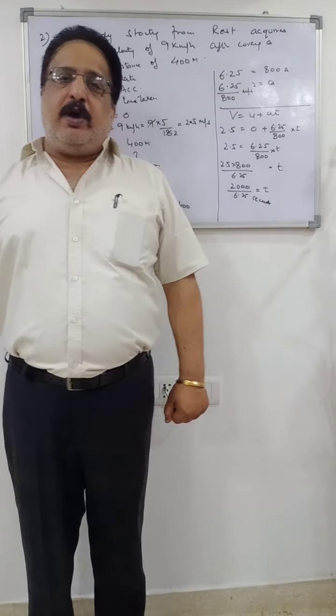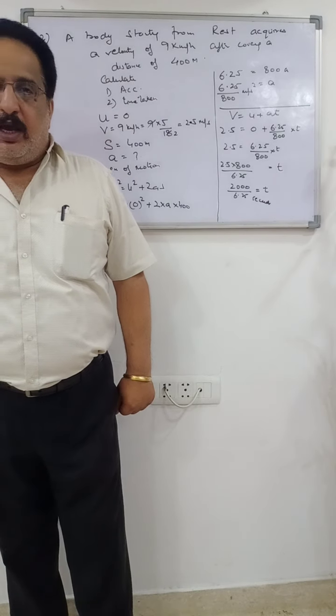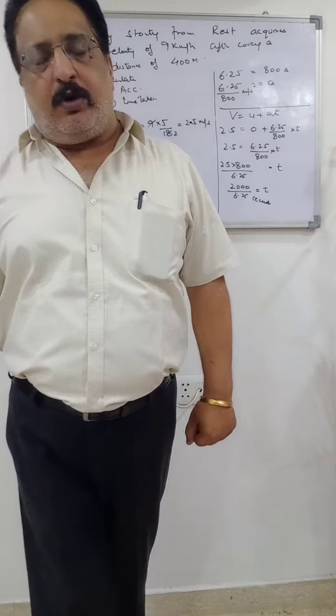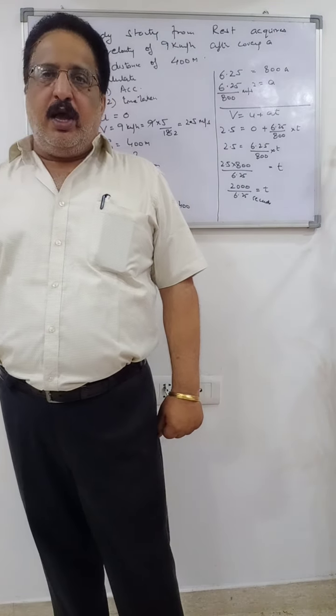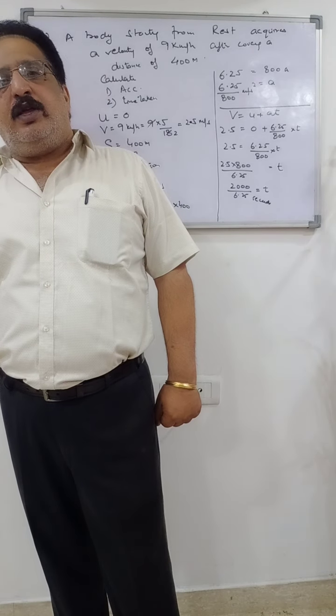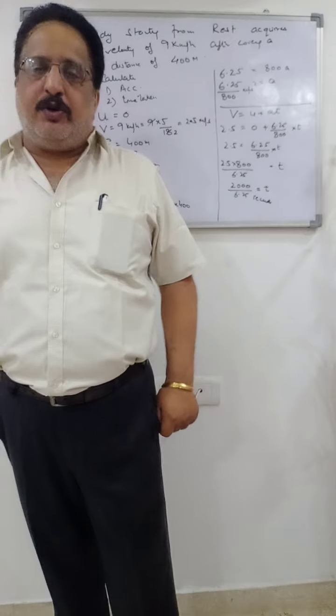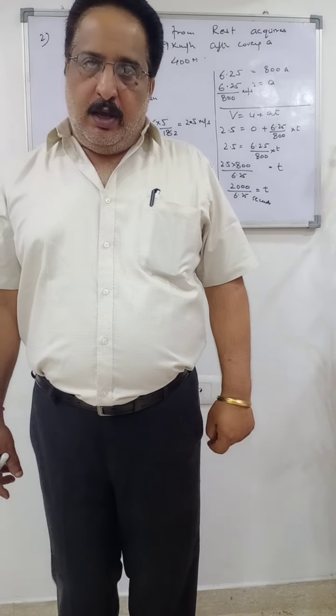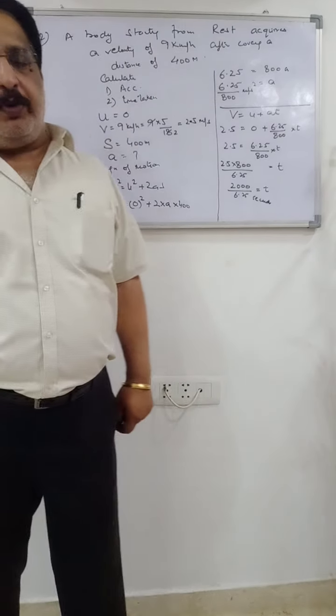कोई भी quantities में अगर किसी भी equations को relate करके if you have to calculate two different quantities, first calculate one quantity using one equation, and then you will have a large number of options. Then you can use any of the other two equations to get the second quantity. It's very simple. Please copy down the question.